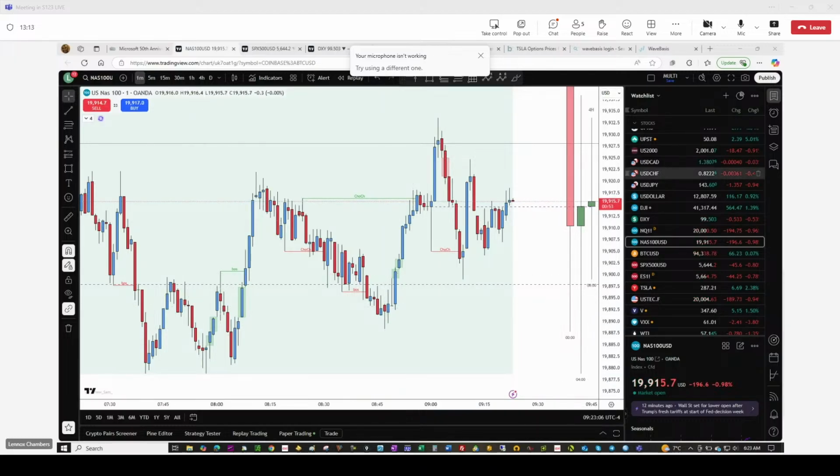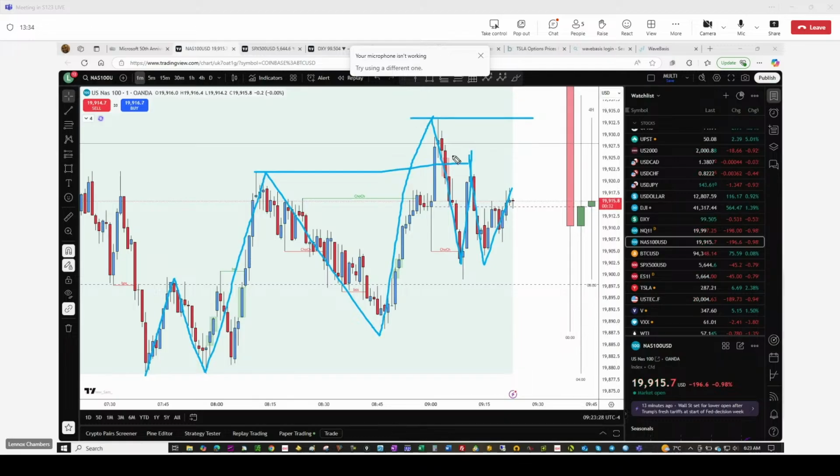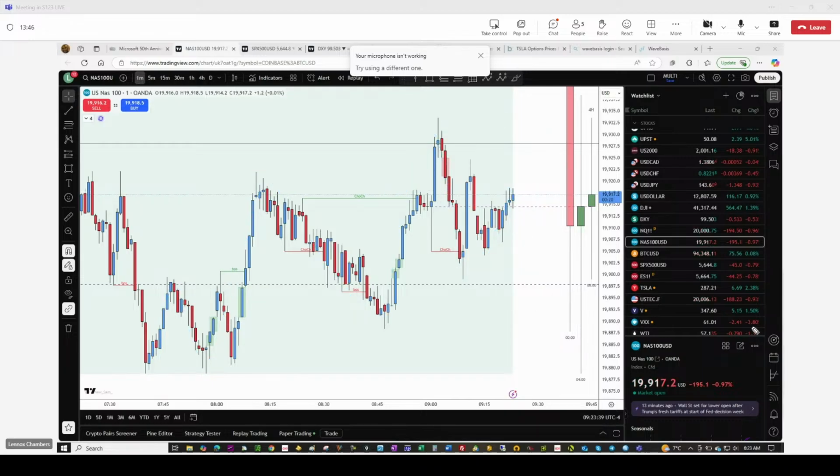Yeah, it seems as though on the 5 minutes we're going slightly higher, but I don't really see that it's going to be that monumental. Well, there's our structure. So they have taken everybody out. So we've got a 1-2 here, another 1-2 forming. So it doesn't look likely that they're going to come back up to take out these highs. It's more a fall setting up at this point. So I'll be more inclined to be selling this